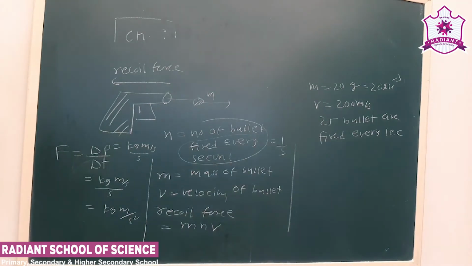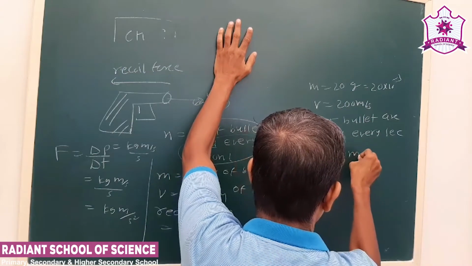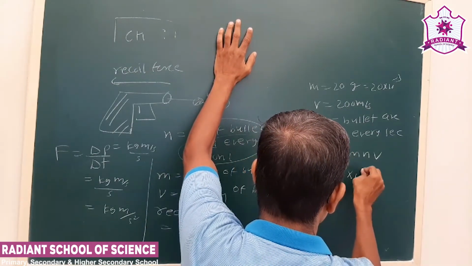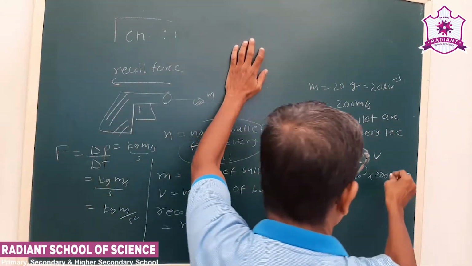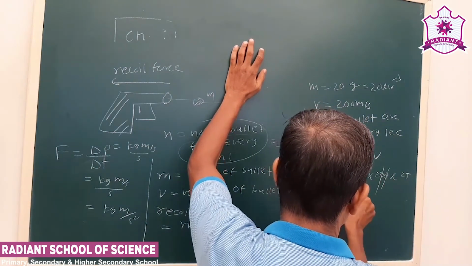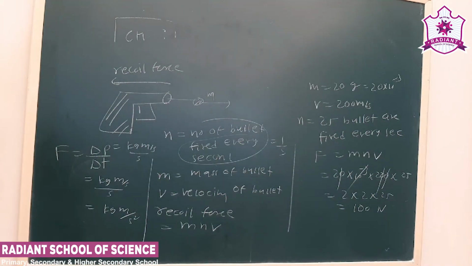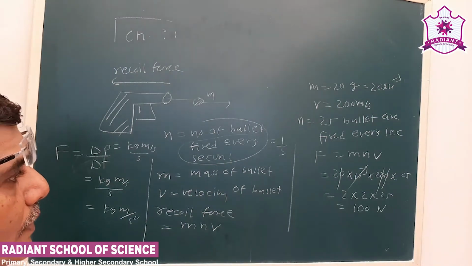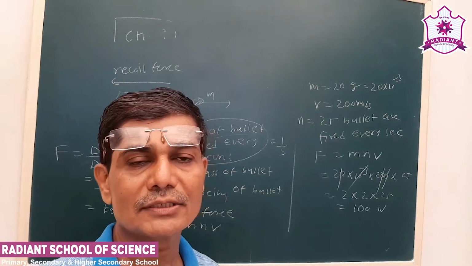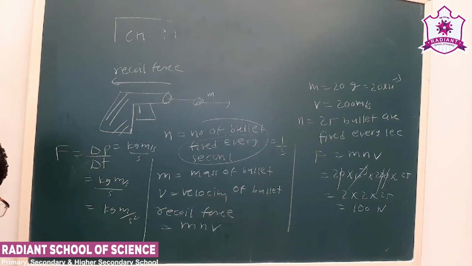Okay, then how can we calculate the recoil force? So this will become n. So the recoil force is n m v. Mass is 20 into 10 to the minus 3, times 200. Okay, so now the 10 to the minus 3 and 1000 will get cancelled. So it is 2 into 2 into 25. Okay, so this will become the recoil force. So when such a question is given, this is nowhere given, but whatever data is given to us, we have to analyze the equation, and from that we can obtain the recoil force.